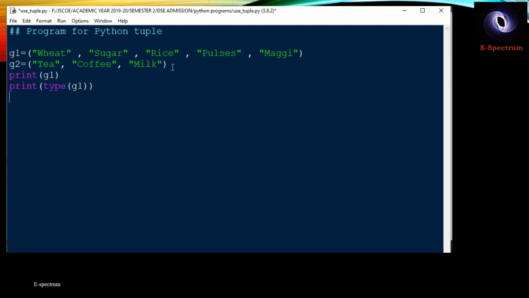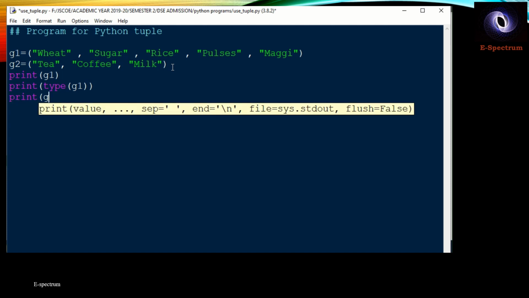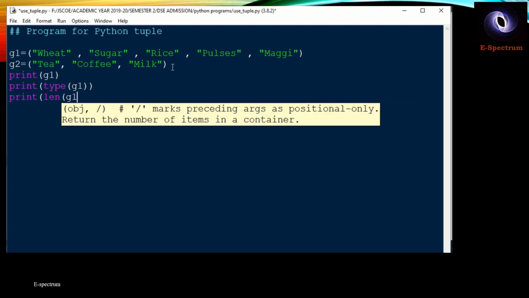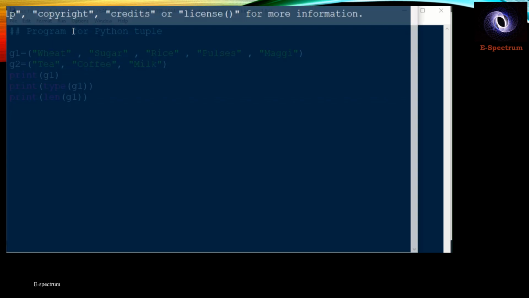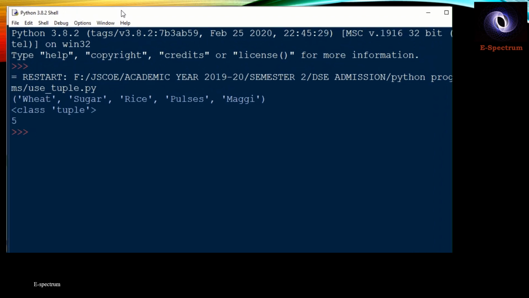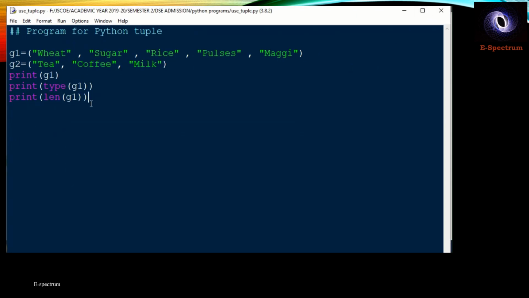If I want to know the length, you have the len function available, so it will be length of G1. Let us save the program and run it. So what you are getting is wheat, sugar, rice, pulses, Maggi. The class type is tuple. Number of elements present are how many? 5. So till this it is clear.